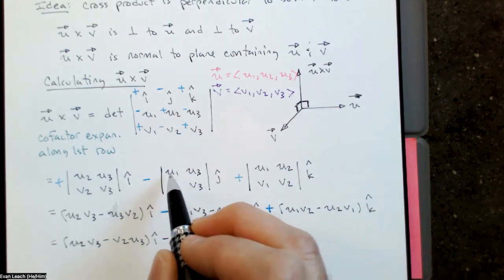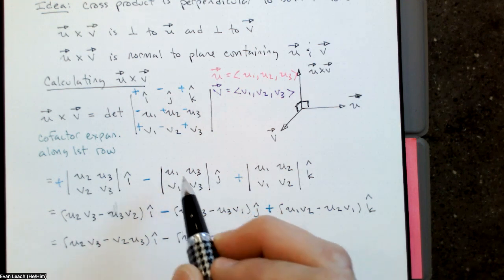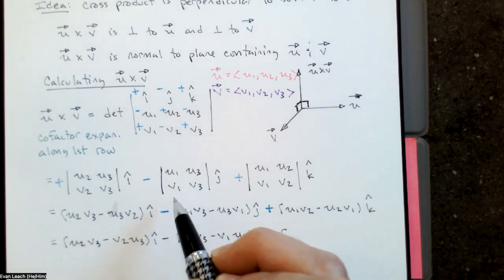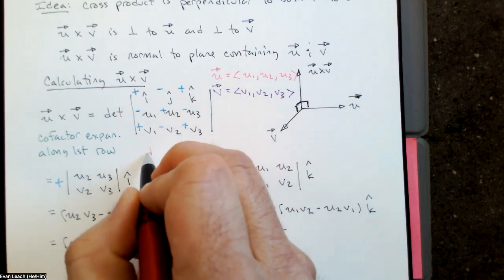So this is a cofactor expansion across the first row. It's usually shortcutted as AD minus BC. So most often when we see the determinant of a 2 by 2 matrix,